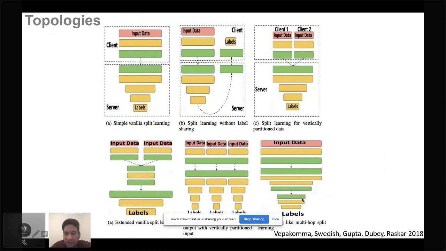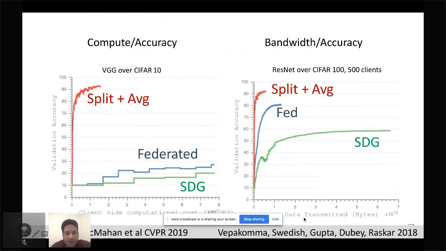You could have a multi-hop split like in Tor, so it's jumping from client to client to client, and so on and so forth. This is one of the earliest experiments we did on like 500 clients in the distributed setup, but most of it was still a simulated setup of distributed. We are doing some really hands-on experiments, mimicking some even more realistic scenarios for split learning with Andrew Trask's team.